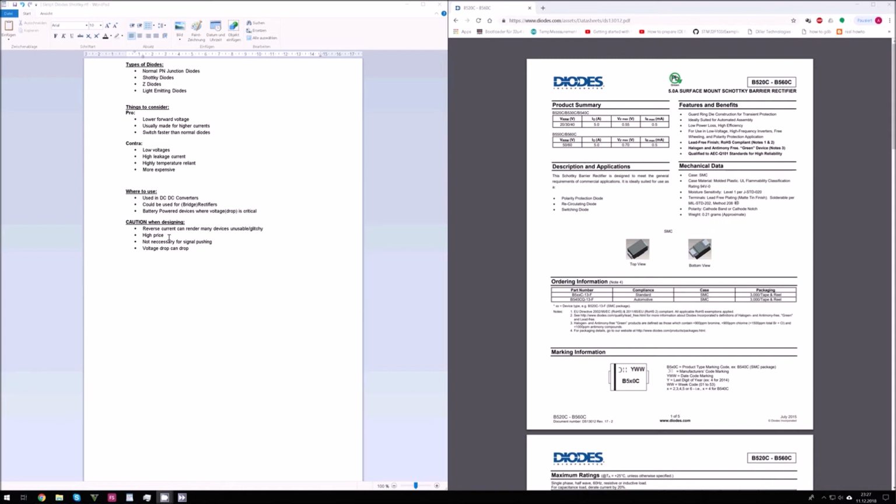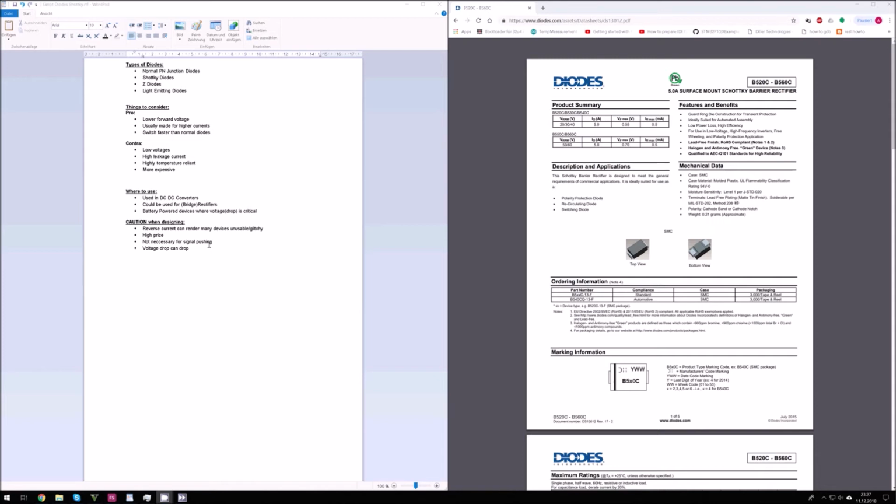Also, you don't need Schottky diodes for signal pushing or protecting signal wires. If there's not a lot of current involved, don't use a Schottky diode. Usually it doesn't make sense. Now people are going to say, oh, Schottky diodes have less voltage drop, and that's correct. But if you look into the datasheets more deeply, you will find out that the voltage drop of a Schottky diode or normal PN diode can be close to 0 volts